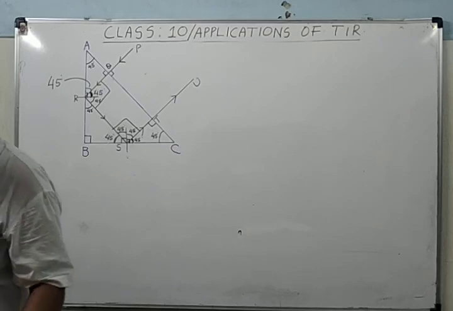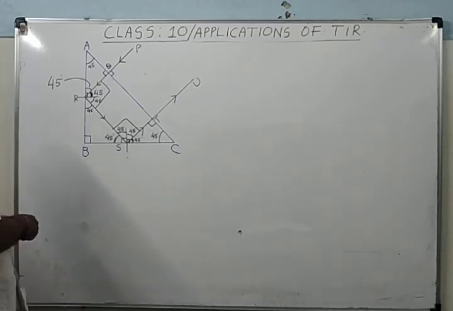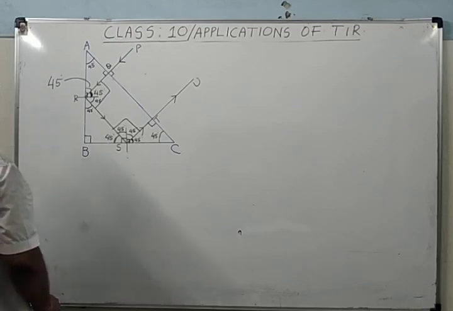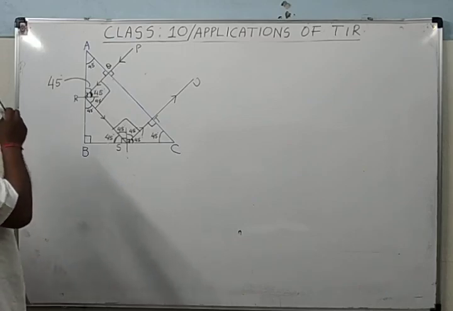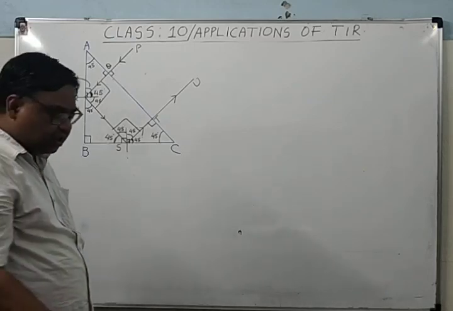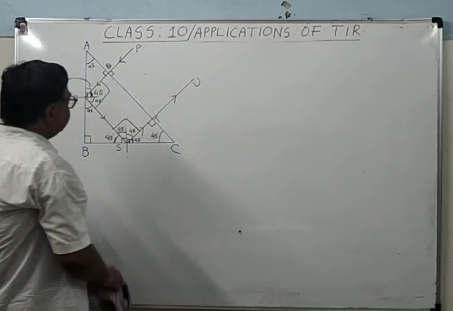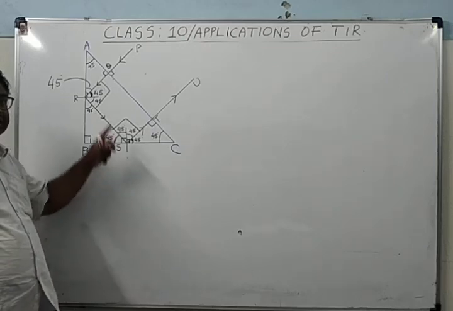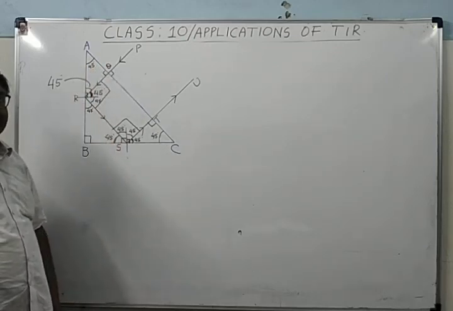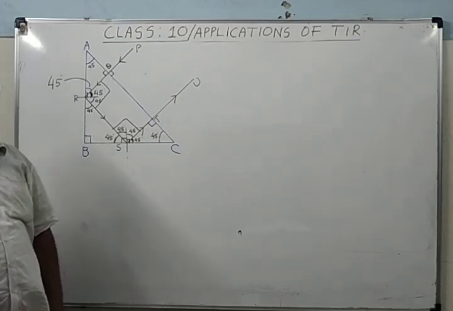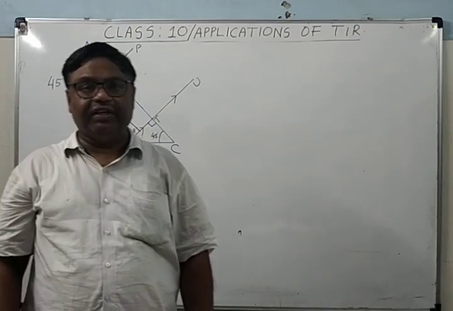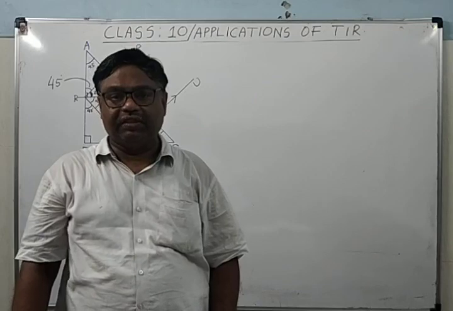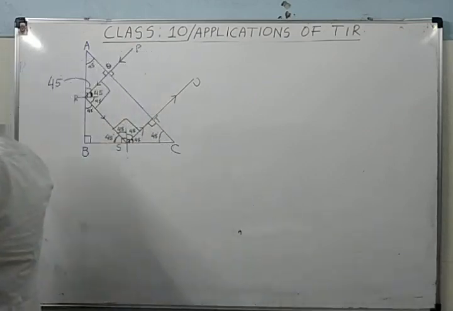Now, one more action in which total internal reflection will take place at only one phase. At the remaining 2 phases, there will be the refraction of light. You can see here in the first case, the ray has been deviated by 90 degree. In the second case, the ray has been deviated by 180 degree. Now in the third case, what will happen? The ray will not suffer any deviation. It's clear? Now we will see here how the ray will not suffer any deviation.